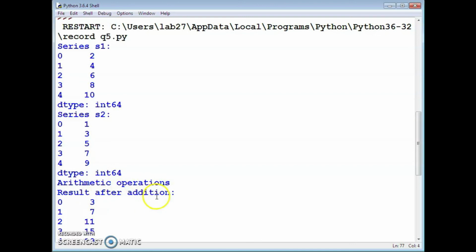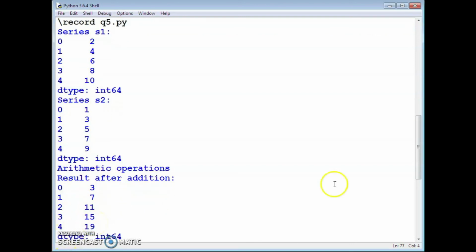Result after addition. Check this one, index 0, 1, 2, 3, 4. After addition, we will get the answer as 3, 7, 11, 15, 19. Check this one. At the 0th index, 2 in s1 and 1 in s2, 2 plus 1 is 3. Then index 1: 4, and in s2 the first index is 3, 3 plus 4 is 7.